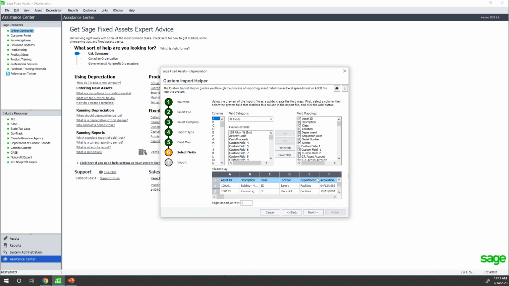So I'll be looking at the titles of the columns and trying to decide which of these columns I need in the program, which am I required to have in the program, and which are just useful to have there. And maybe, as I do in this sample data, and I'll show you this in just a minute, I have some columns that are actually duplicate information. I have tax book information, I have internal book information. In fact, I have all 7 book information, but I have the acquired or the placed in service date the